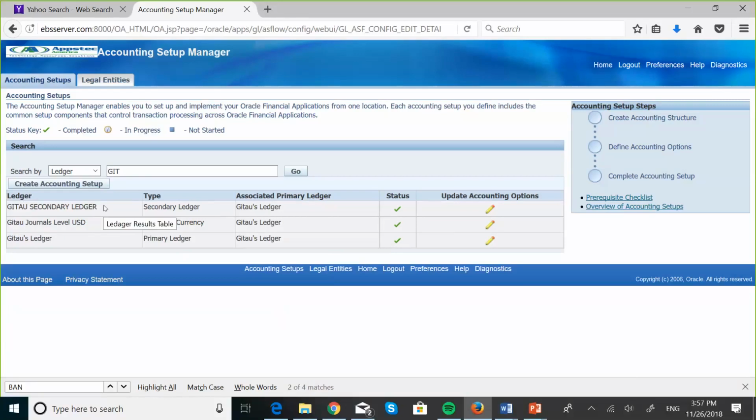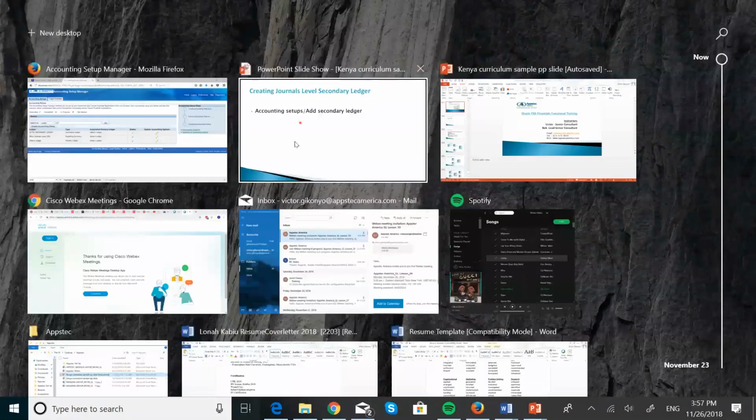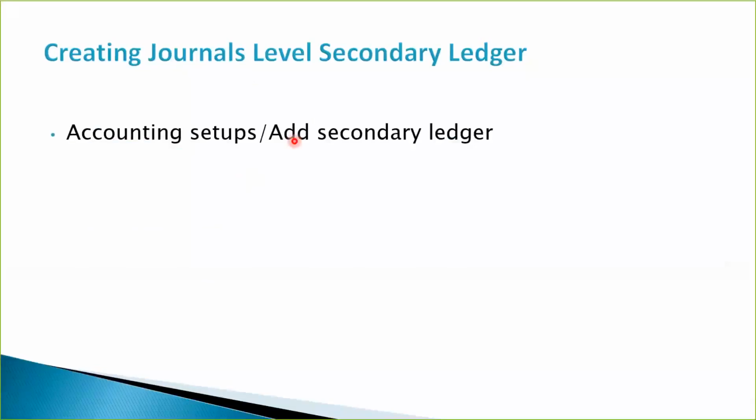Okay, and then after that, we are going to see how the secondary ledger works. But we are going to look at that in our next lesson, and we are going to see exactly what happens when we post journals in our primary ledger and how they are replicated and created in our secondary ledger. But anyway, Bob, unless you have something to add, we can end our